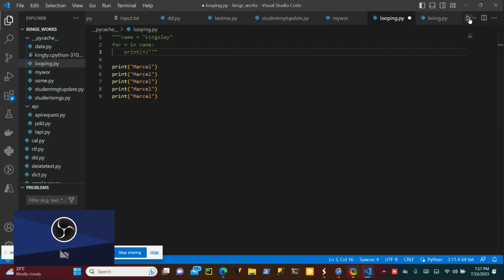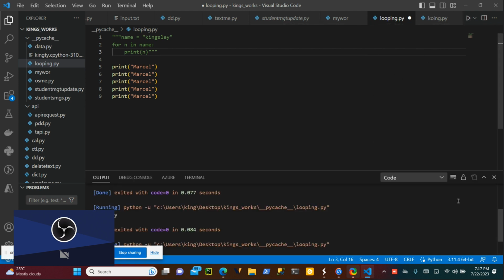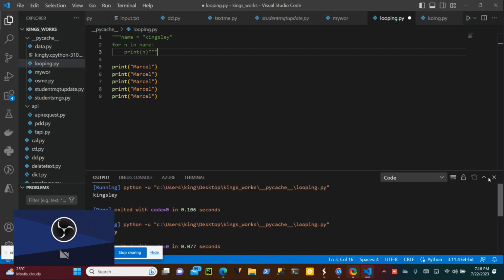Once I run this code, what happened? It will print it 5 times. So now printing is 5 times for us.